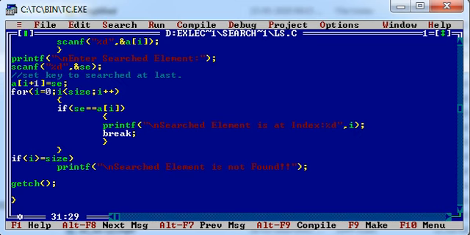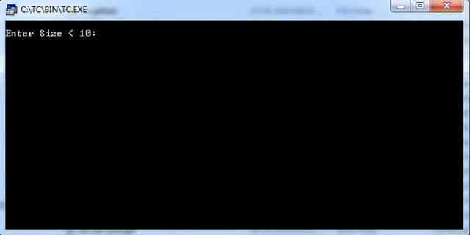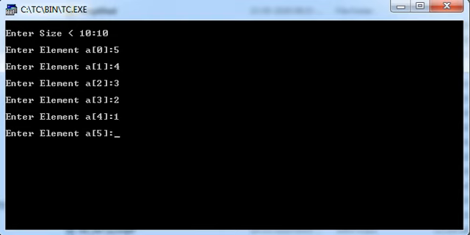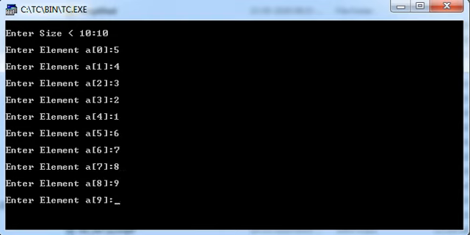Now let's check out the output. Here I am entering 10 elements: 5, 4, 3, 2, 1, 6, 7, 8, 9 and 10. Now the program is asking for the element to be searched.